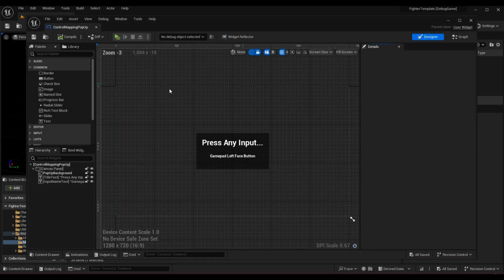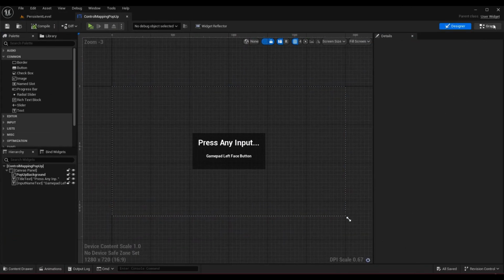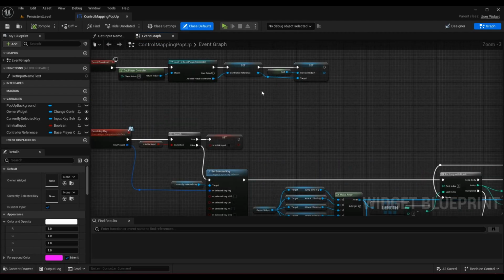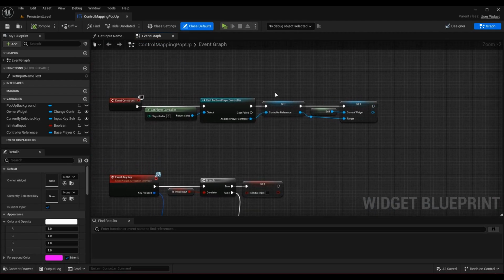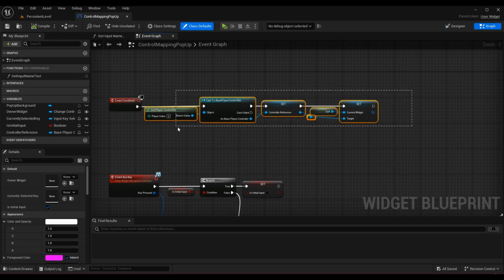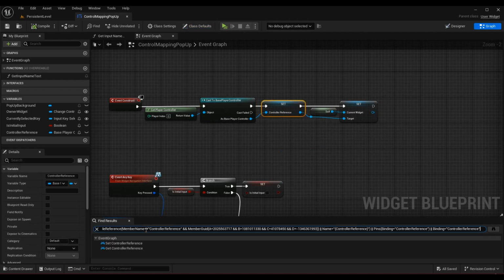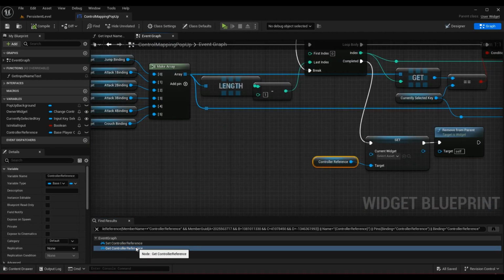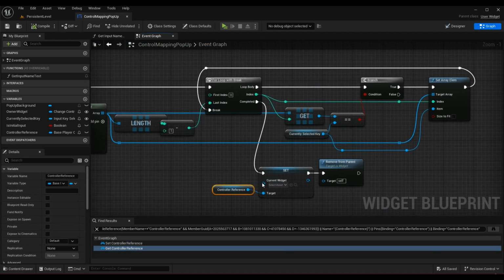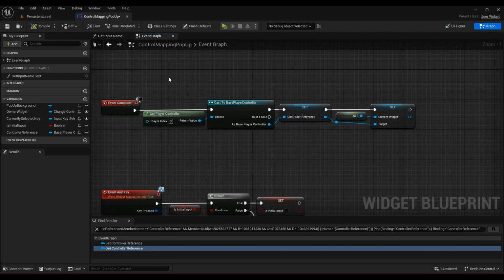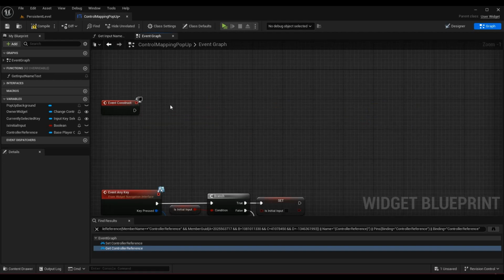Control mapping pop-up. So for this one, it is part of a different widget, but we do actually handle behavior in here for it. And in here is where we were setting the current widget before, based off the controller reference, but actually that's not required now. Now, if we find references on the controller reference, you'll see that we set it here and we get it down here to reset current widget. So we have to be a little bit more careful with this one. So starting out, we want to remove everything from event construct, and we will just call our new behavior here,